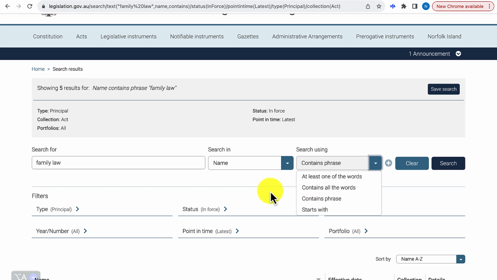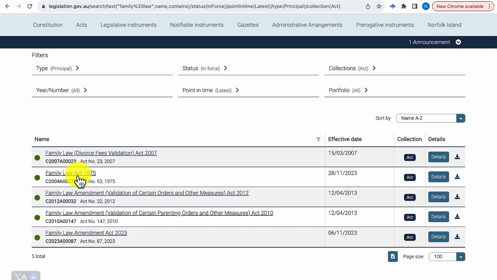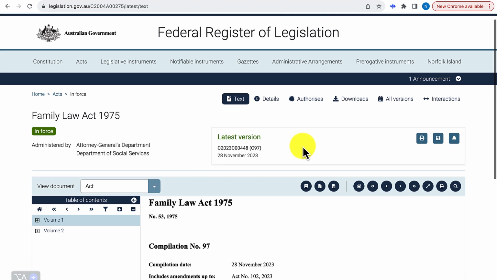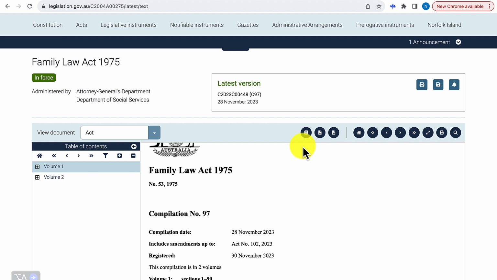Now, depending on what you're looking for and depending on the number of hits that you're turning out, you may need to use this box as well as the name or name and text options to be able to find what you're looking for. Now, the one that we're looking for is the Family Law Act 1975, so let's click on that. And then what you can see is that it's produced the latest version of the Family Law Act 1975, and it tells us both here and up here that this version is current to the 28th of November